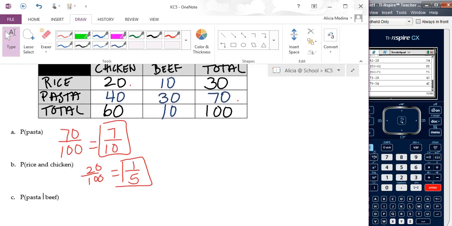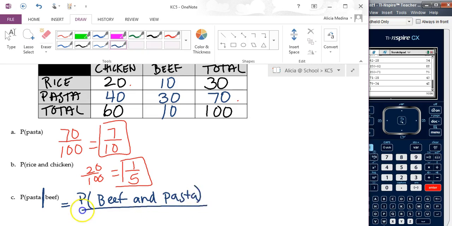And our last one here is the probability of pasta given that they like beef. So remember, when you have those given statements, you have to write the probability of beef and pasta. So where do they meet? Where do they intersect on our table? All over the probability of the given part, which is beef. All right, so where does beef and pasta meet? That's going to be right here at 30. So this is going to be 30 out of our total of 100, all over our beef people, that only is going to be 10